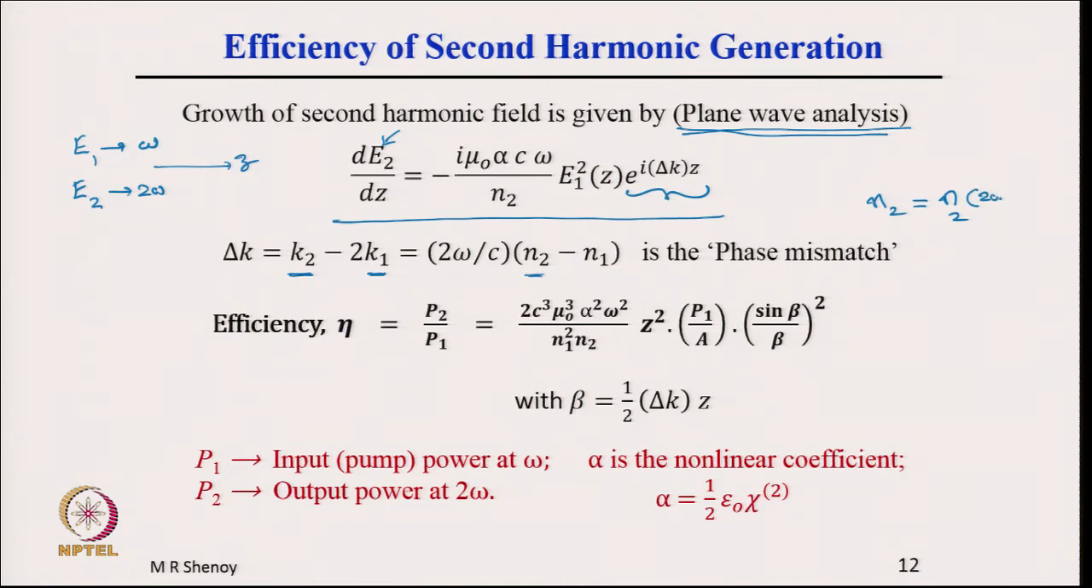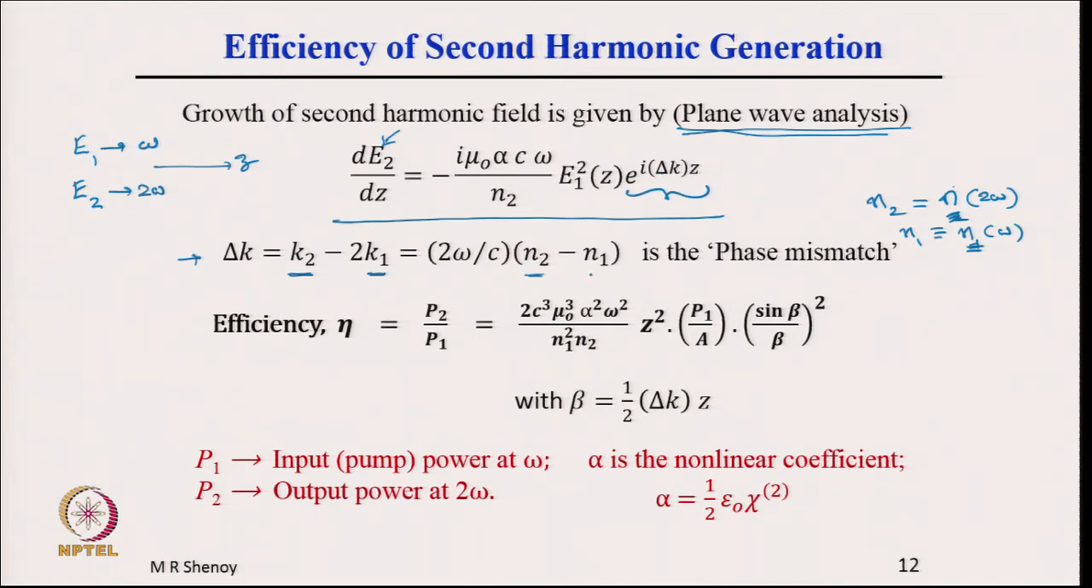Please remember that refractive index is a function of frequency or wavelength, and N1 is the refractive index equal to n of omega, so refractive index at the frequency omega. So, it is simply n of 2 omega and n of omega. For a given medium, refractive index n of the medium at 2 omega frequency is designated as N2. Refractive index of the medium at omega frequency is designated as N1, and then delta k, the term here is